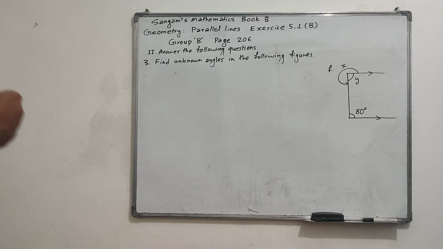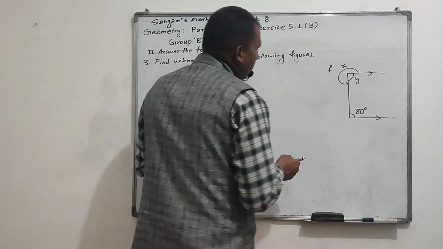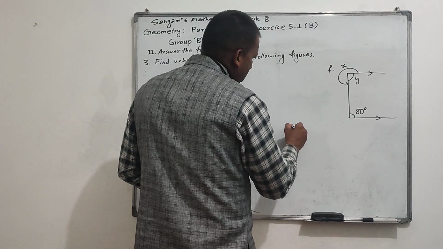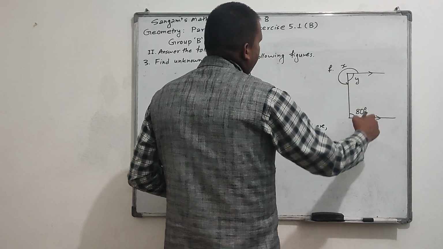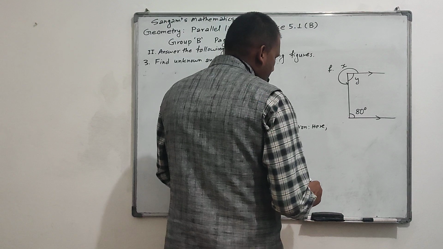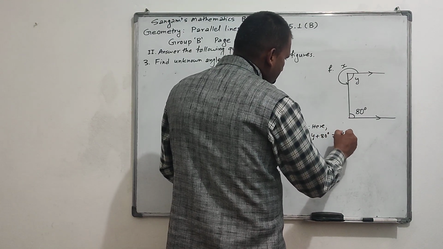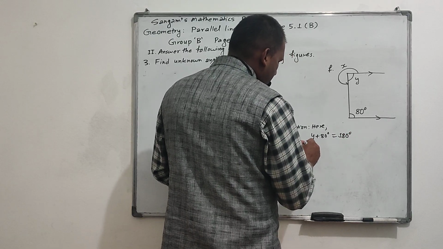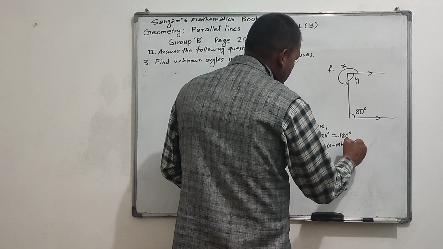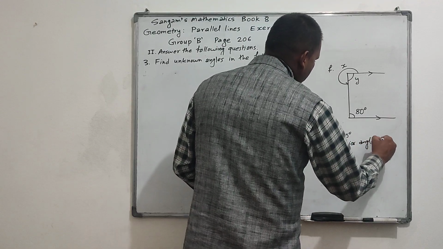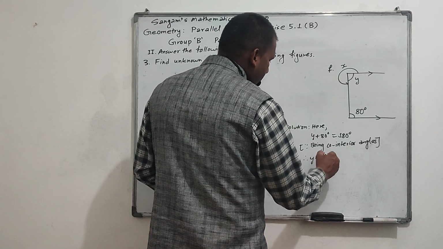Okay students, now 3F. This is the figure. We have to find the value of x and y from this figure. Here y and 80 degree are co-interior angles, so their sum is 180 degree. So we can write y plus 80 degree equal to 180 degree, being co-interior angles. Therefore, y equal to 180 minus 80, that means 100 degree,